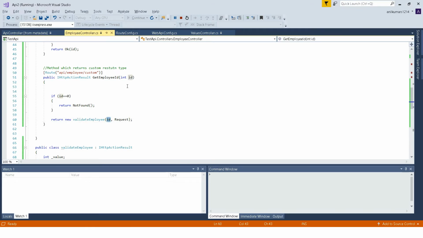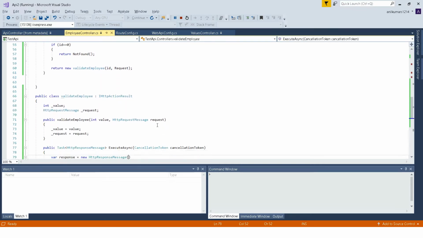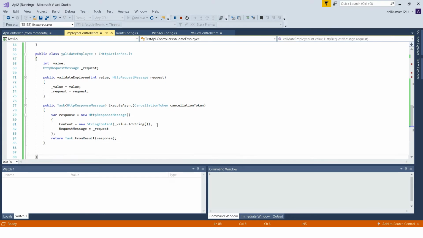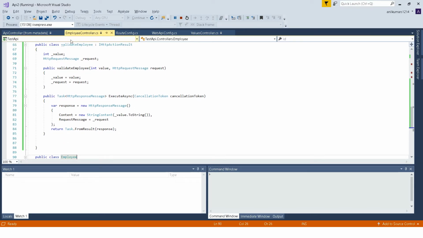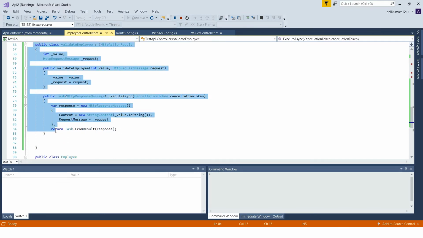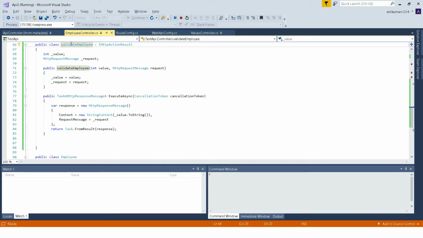I'm passing the ID from the request, and the same request we are returning back. This is the class I have implemented. I did nothing here, just look at this class. I'll explain. This is the class ValidateEmployee, and I am implementing IHttpActionResult.